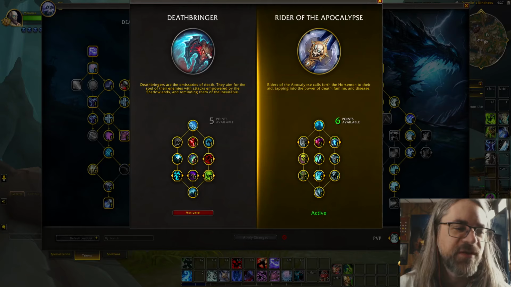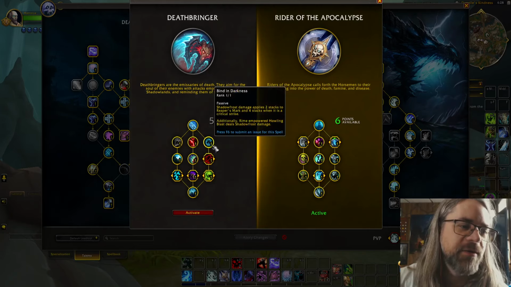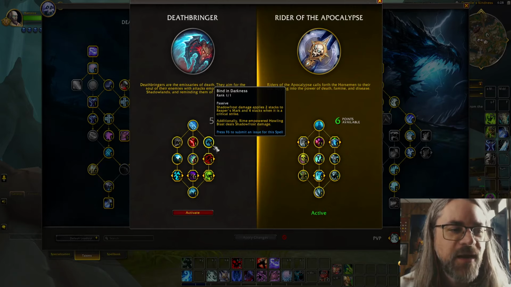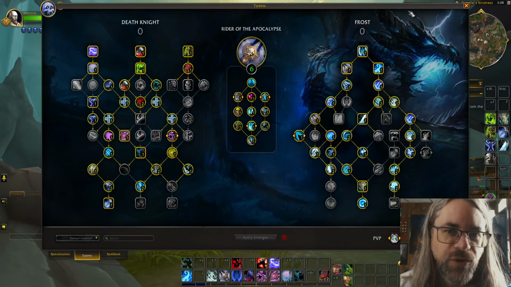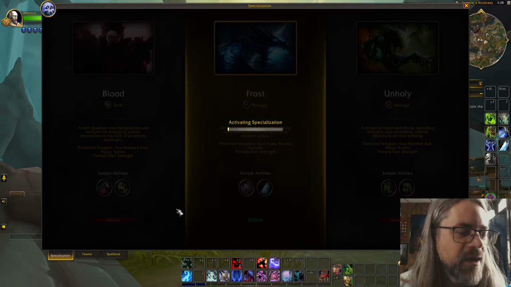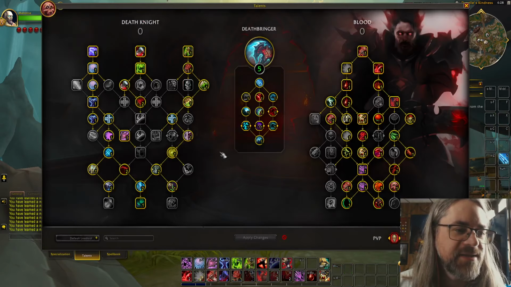They do not have a spell transformed. No spells turn blue. So Blood DK, this one makes Rime empowered Howling Blast deal Shadow Frost damage. For Blood DK, that turns Blood Boil into Shadow Frost damage, which is just transforming it into a blue Blood Boil, which is so freaking cool. Maybe I'll show you that at some point. Let me do it right now, actually. It's pretty cool, but that does not happen for Frost. So we're gonna do Rider of the Apocalypse, which is really cool because they get